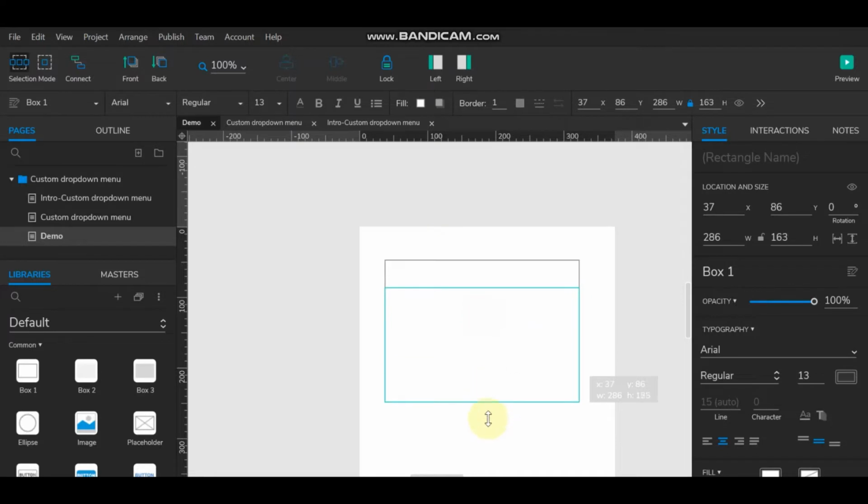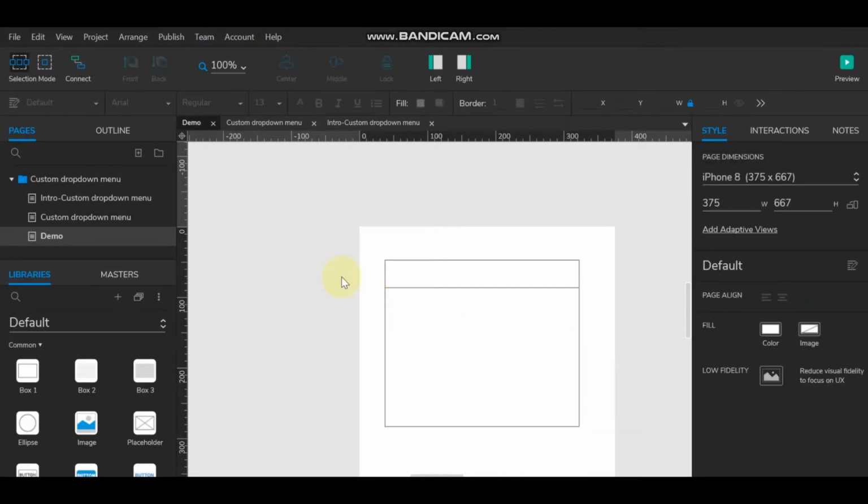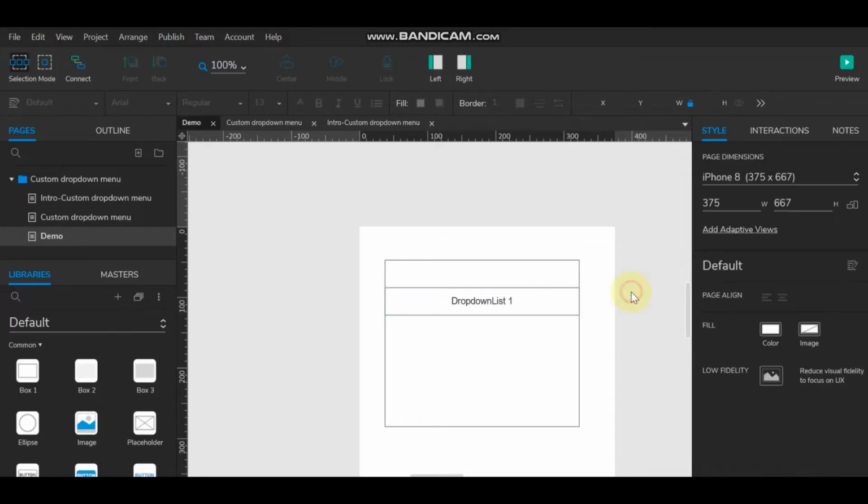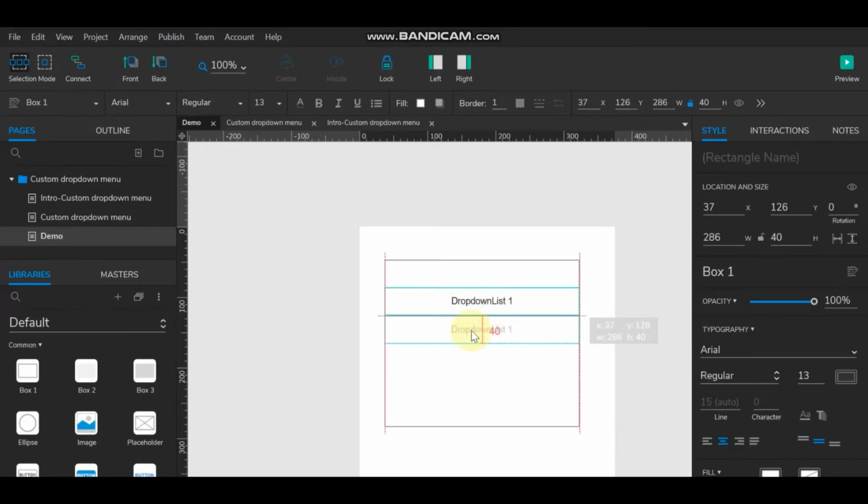So here this will be the list, and now we need a list. So here we can say drop-down list 1, and we can have another one,